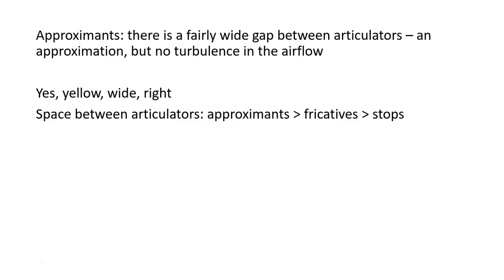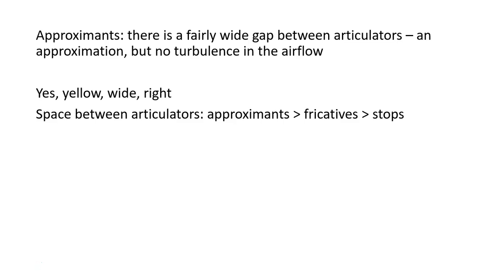Approximants are perhaps the most vowely kind of consonants, and that is because there's a wide gap between the articulators. So there's an approximation, but there is no turbulence in the airflow. We've constricted, but not very much at all. So if we think about y and w and the r that we use in English, r. This won't apply if any of you are Scottish, because they tend to use the trill r. But the one that we use in English, r, and w and y, we can hear that there's some space,